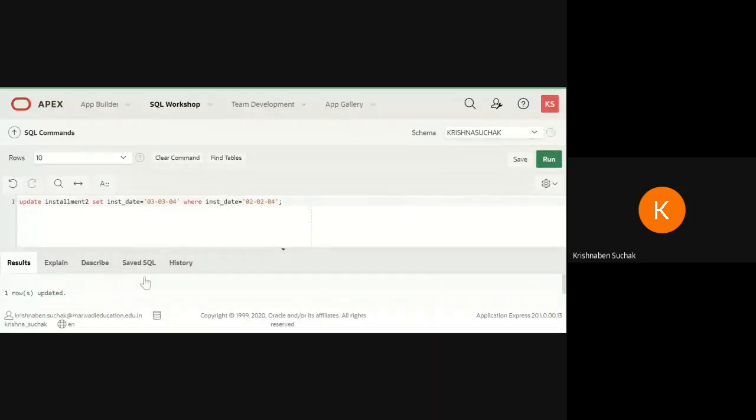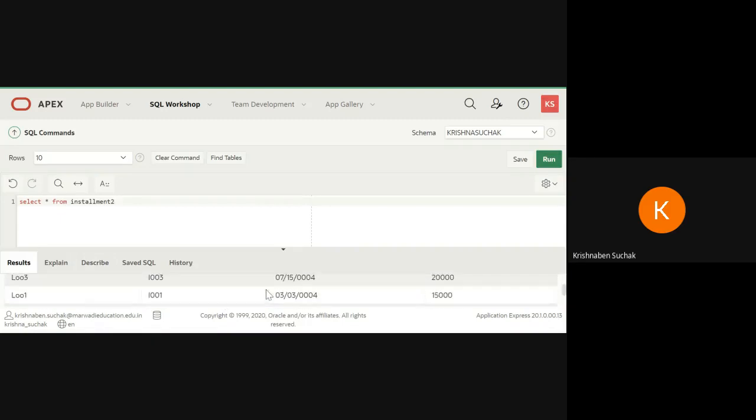Okay, see now, one row is updated. So now in my table I will not have the date 2nd February, that is 02/02/04. It is updated with 03/03/04. Let me check once. See, now my installment date is changed from 0202 to 0303.